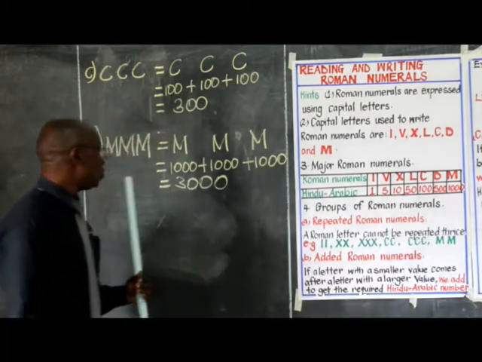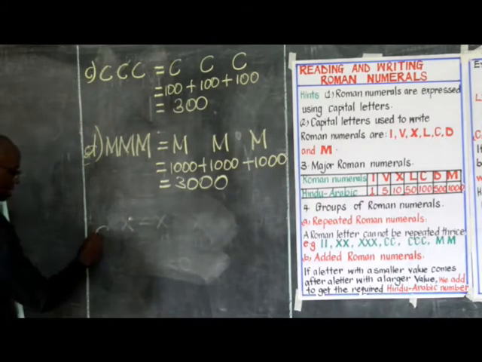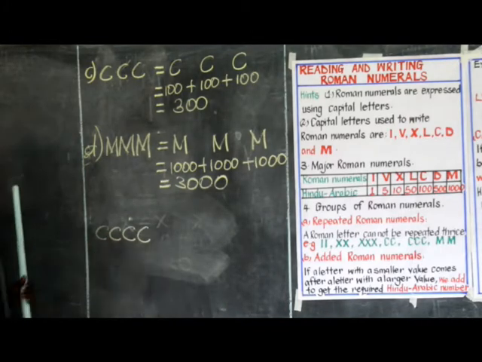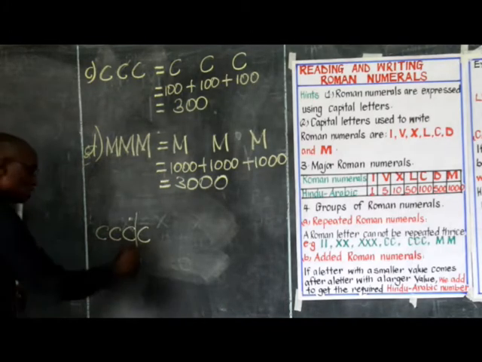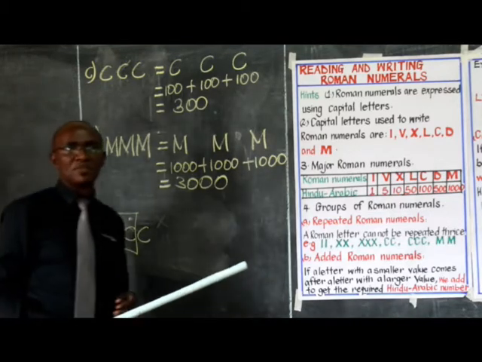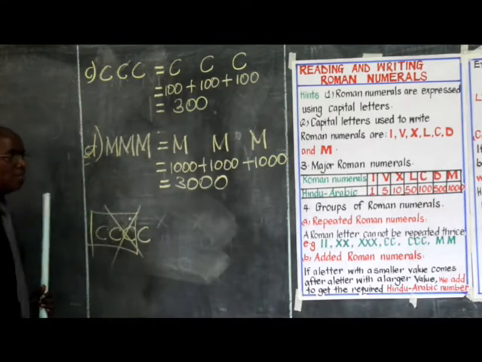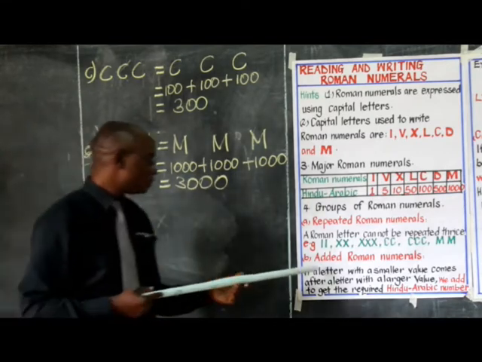For example, you cannot say you are writing 400 and you are going to write C, C, C, C. No, you can only use a letter 3 times. You cannot write it more than that. So this one becomes wrong. So now we go to